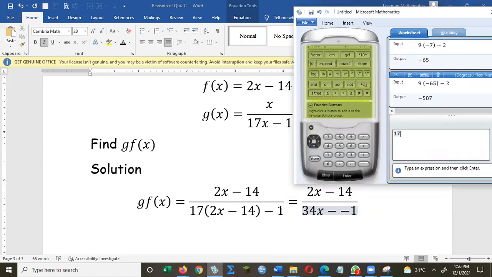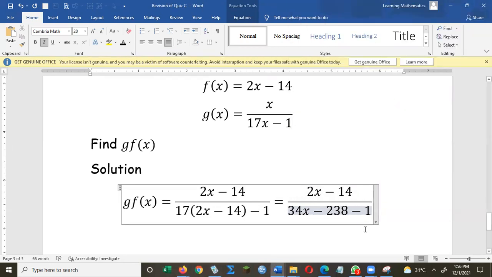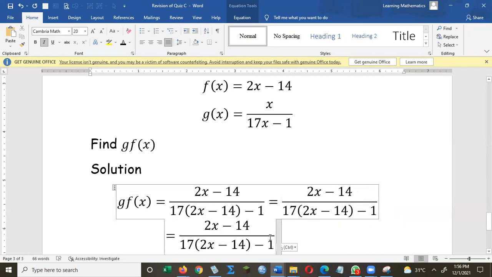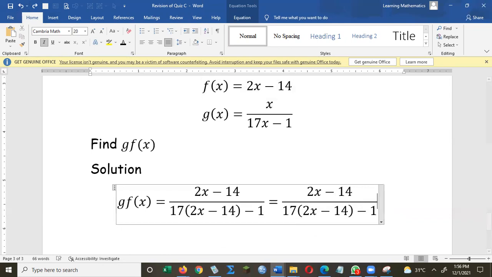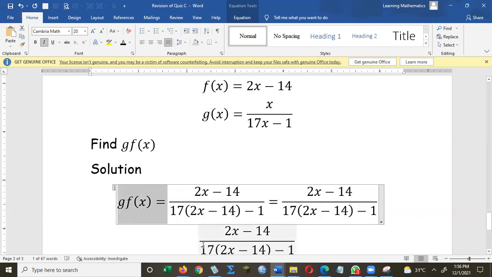So we clear the brackets. -248. -248 subtract 1 is how much? So -248 subtract 1 is -239, and that's our answer,